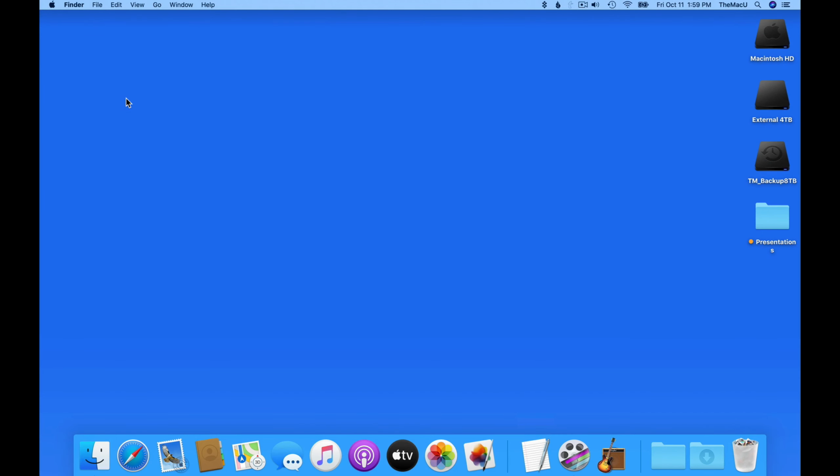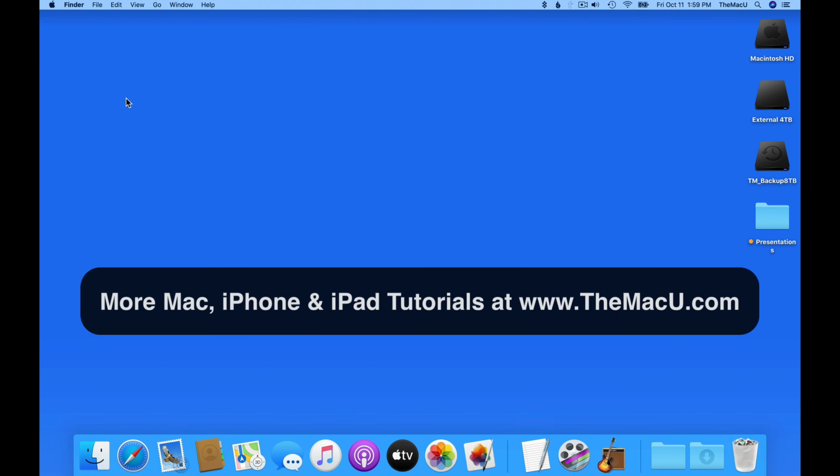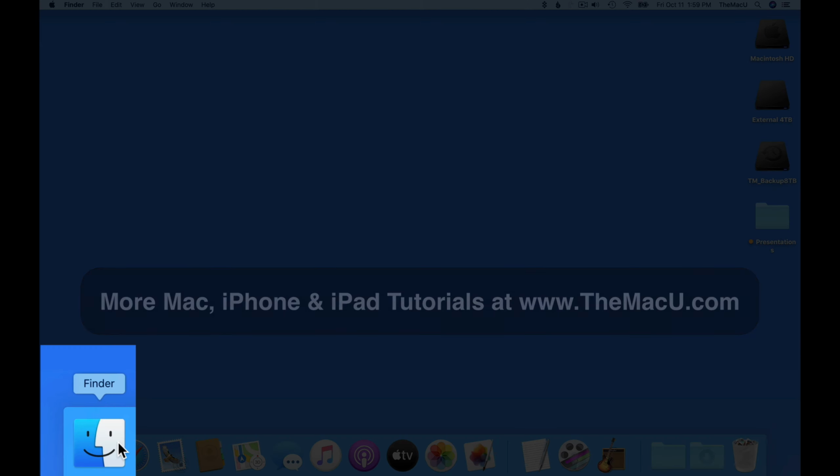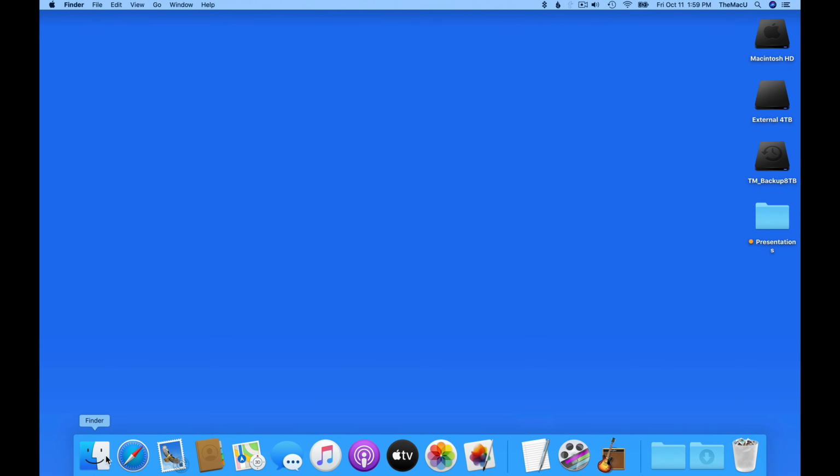In macOS, the Finder is what's used to locate and manage files, folders, and applications. To start, let's look at the different ways that we can open a new Finder window. Head down to the dock and click on the Finder icon here, which is always going to reside on the